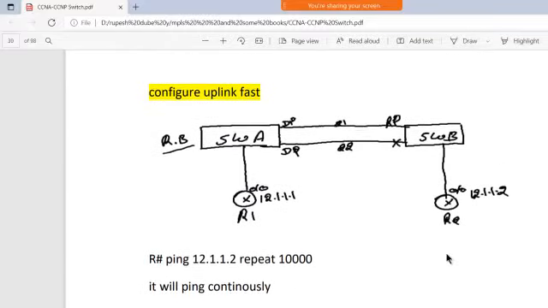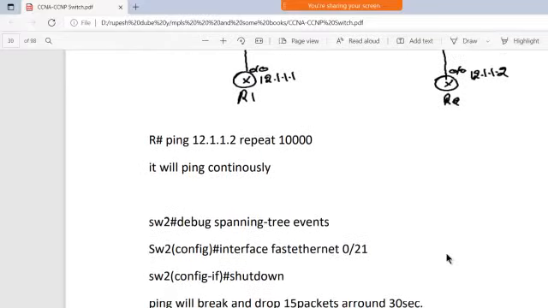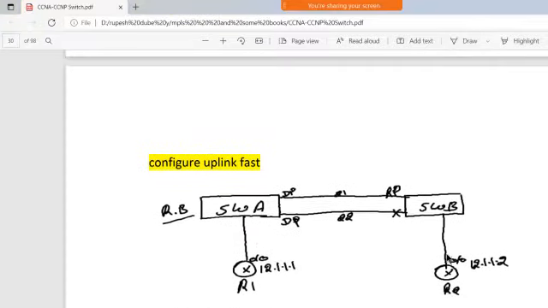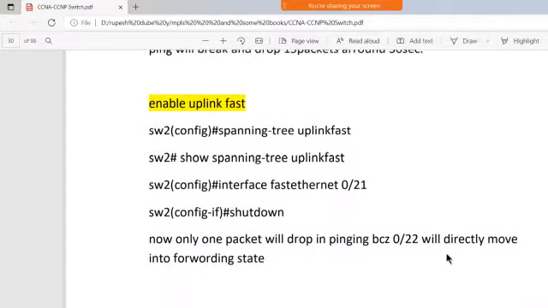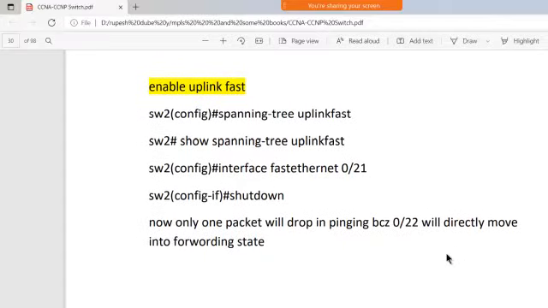Now, how can you configure UplinkFast? After pinging everything, you have two options to enable it. You can enable it for the particular switch, right?